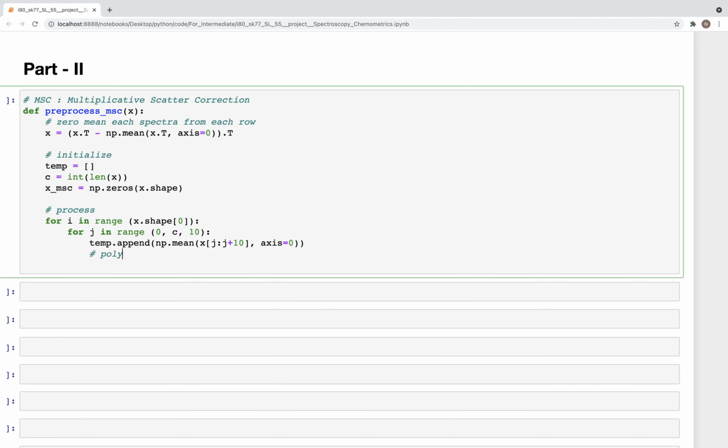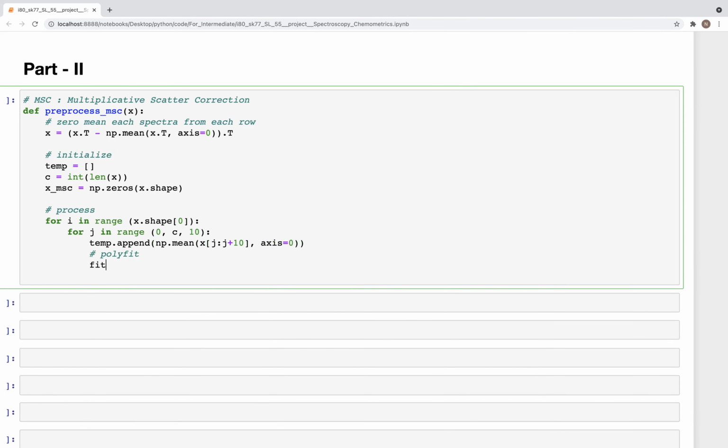Then polyfit fit is equal to np.polyfit temp i, and then x i all the columns, and then 1, full is equal to true,